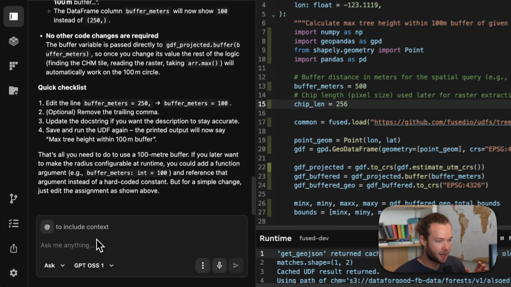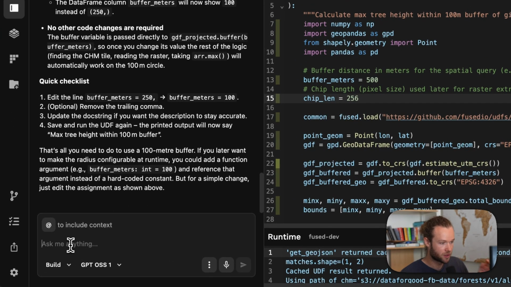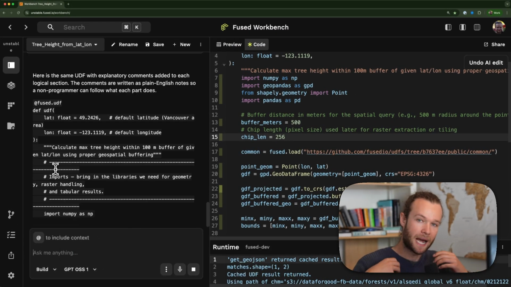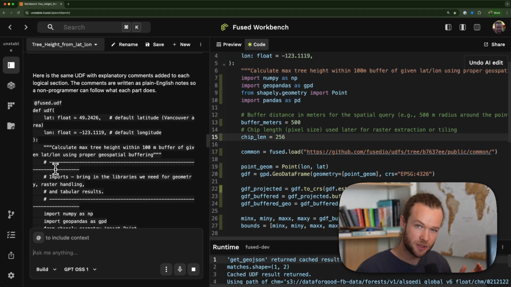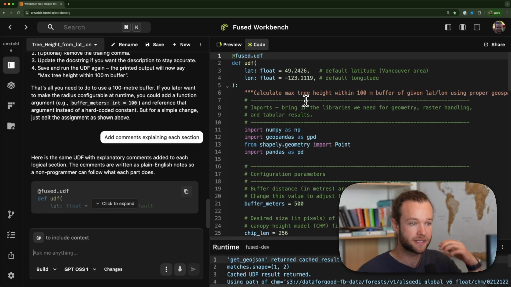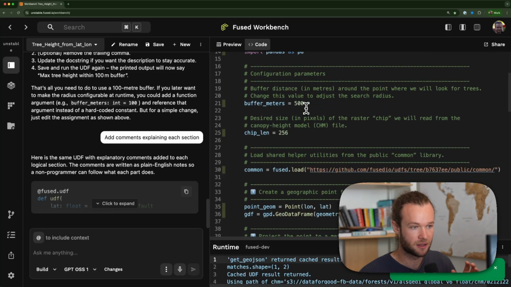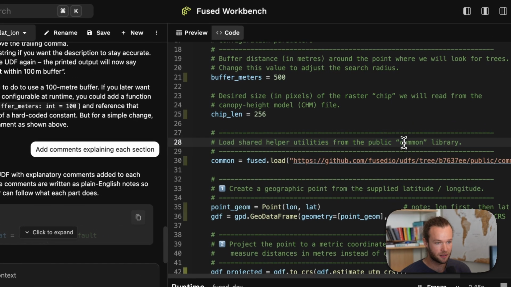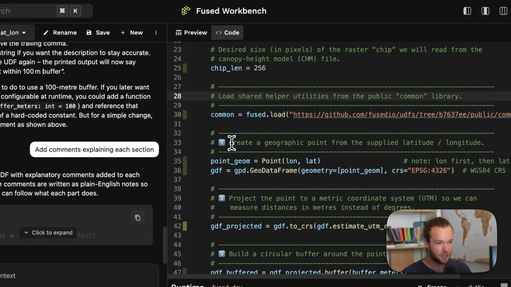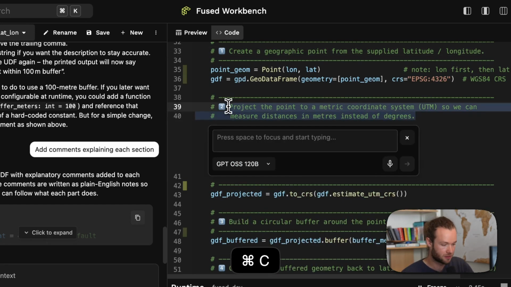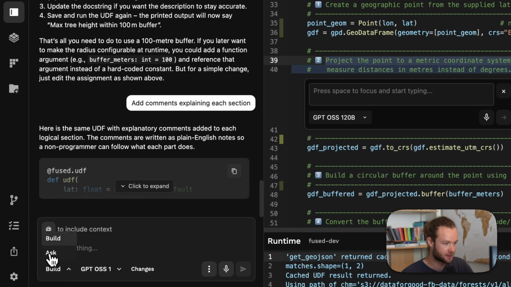I can also come back here. I can go to the build mode and I could say, add comments explaining each section. So now I'm going to actually change the code. That's the difference between this build mode and this ask mode, is the build is able to change the code. In here, I don't want to change the logic, just adding comments. So here it's telling me I can add some utilities, create a geographic point, project a point to a metric system. So I could come in here and I could take this portion,